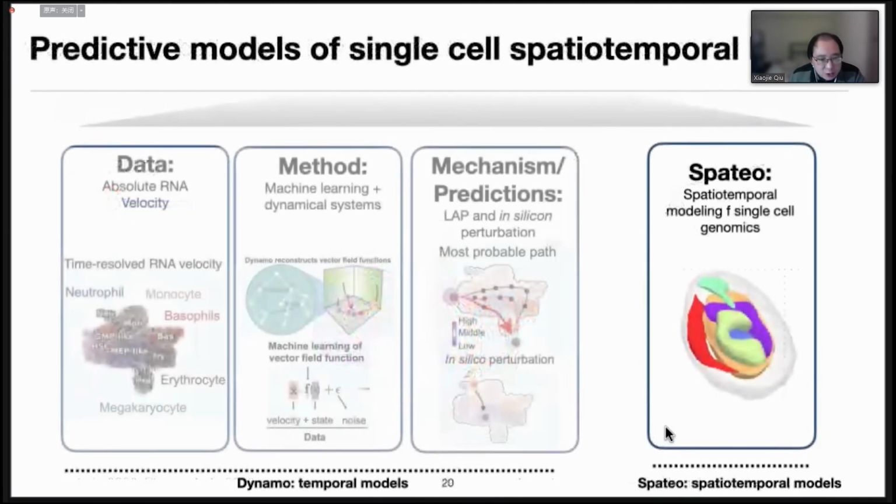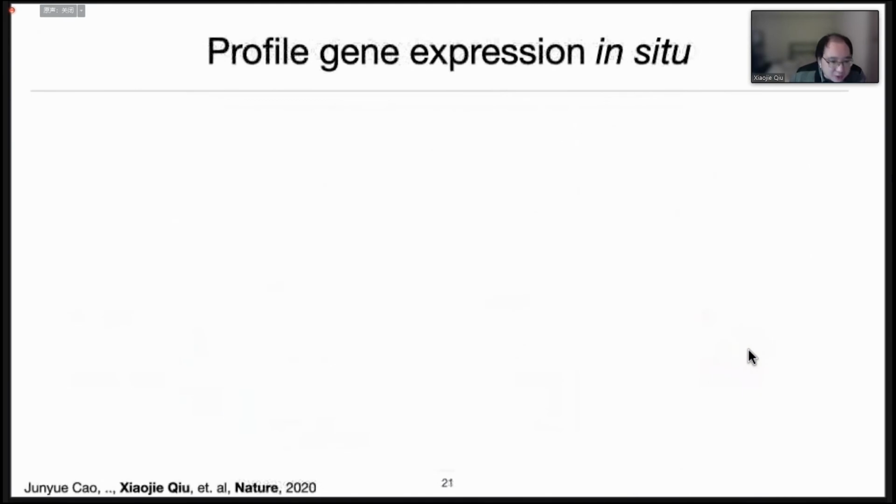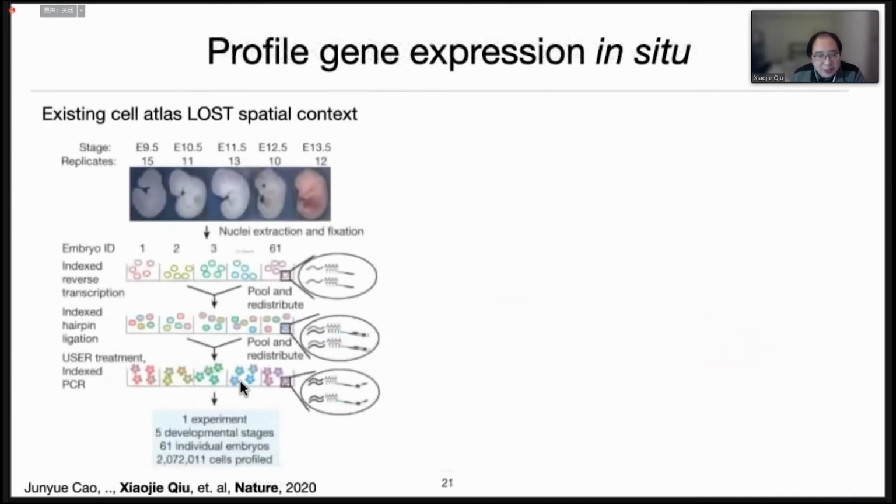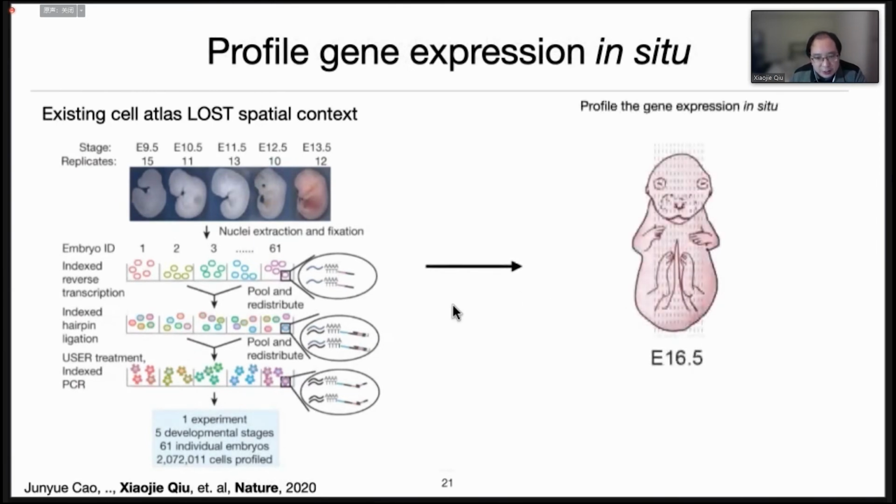Finally, I'm going to close with how we can extend this predictive modeling to spatial transcriptomics and others with our new spatial framework. We know that cells don't live in a vacuum, but constantly receive signaling from neighboring cells. However, existing single-cell methods dissociate the cell, tissue, or organ, rendering a complete loss of the spatial context of cells. Therefore, it is of great interest to profile the gene expression in situ and ideally even in 3D space. With such data, eventually we would like to build the spatiotemporal models